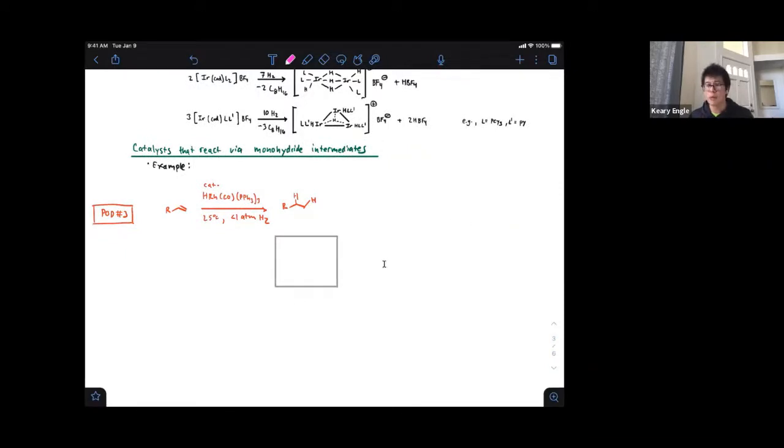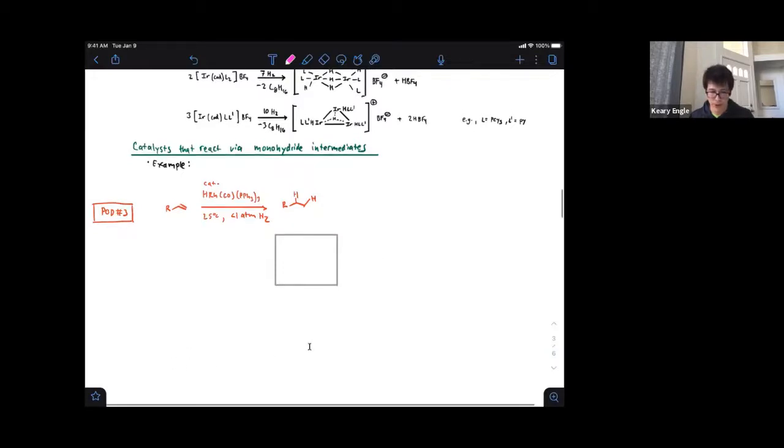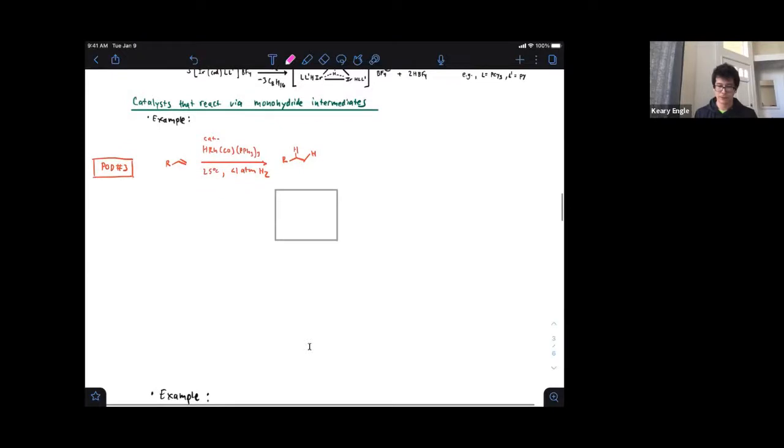And then maybe we just take a couple more minutes and do problem of the day number 3 to talk about this last part, catalysts that react via monohydride intermediates, and then we'll call it a wrap. Okay, so let me